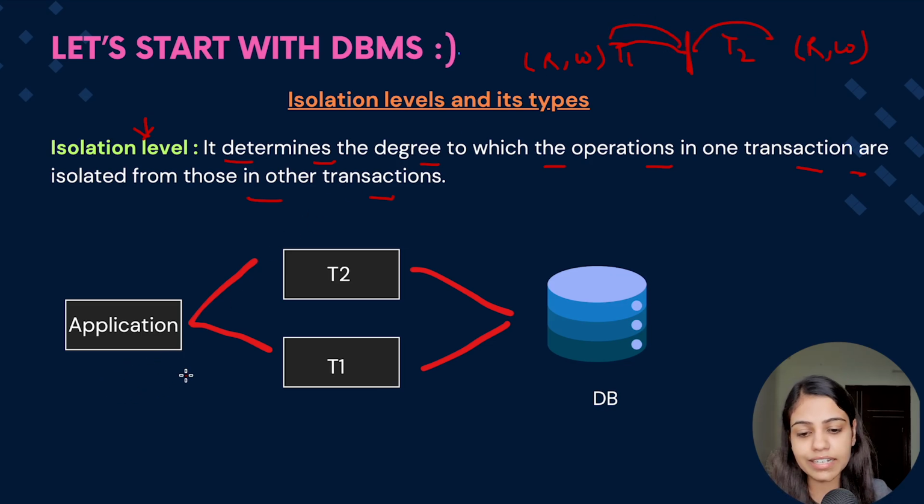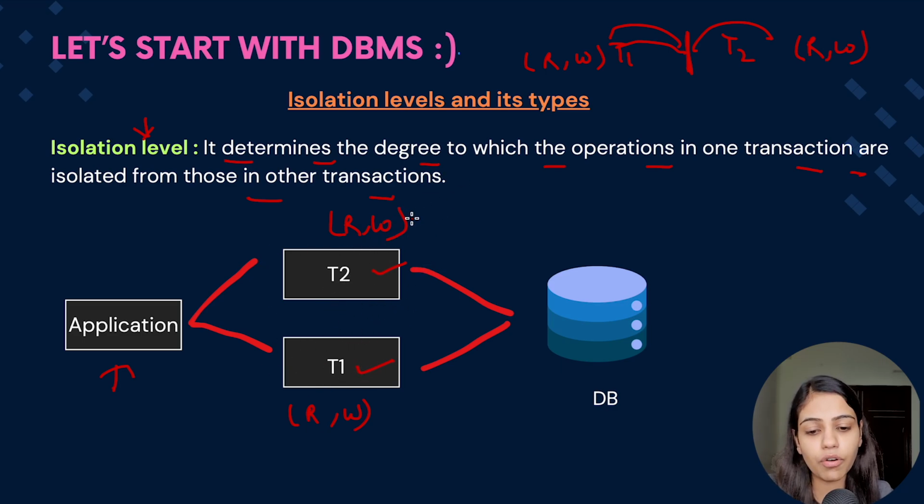Now here we can see a diagram of how a transaction happens. Consider an application; as part of the application there could be multiple transactions. So there are two transactions, T1 and T2. T1 can have some operations and T2 can also have some operations. Whenever we perform any operation in any transaction, we go ahead and save it